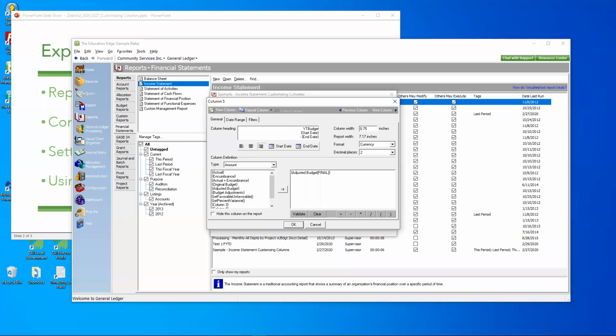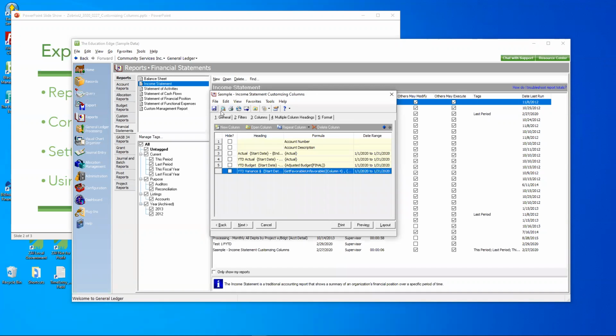Oops, I'm not clicking correctly. YTD, and then one more. Probably should have done this to begin with. So you'll see that. But what I want to show you is this next tab on the report known as